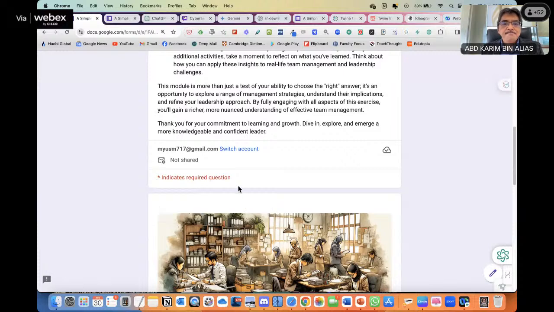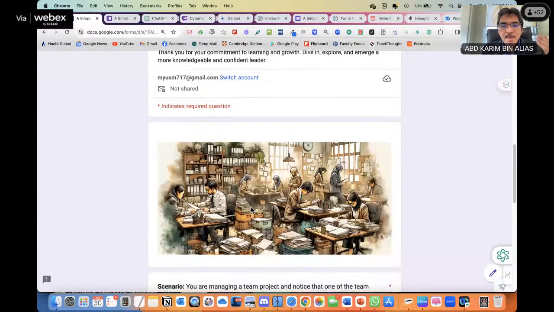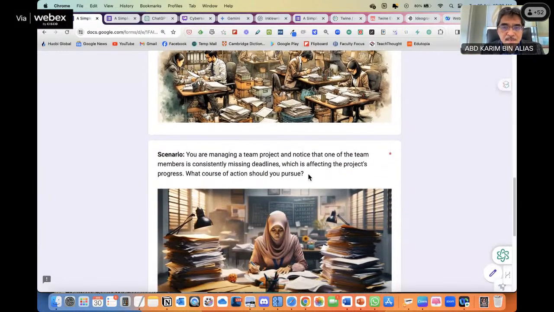Okay. I will go through this example. Then after that, we take a 5 minute break or 10 minute break. 5 minutes probably will do. Then I will show you how to build it in Google Form in this case. So as you can see here, I have an image, and I created this image using ChatGPT. But of course, we can also use other tools. And of course, this image is relevant to the context of the scenario. Okay, now I present the scenario.